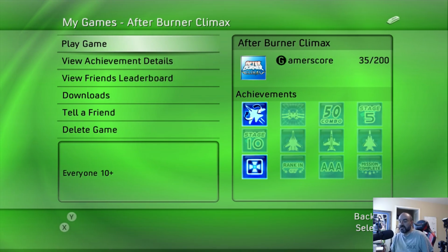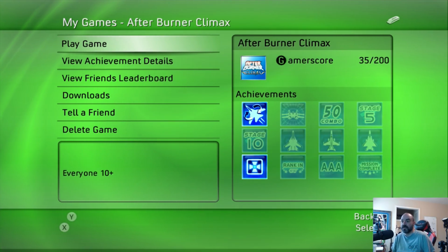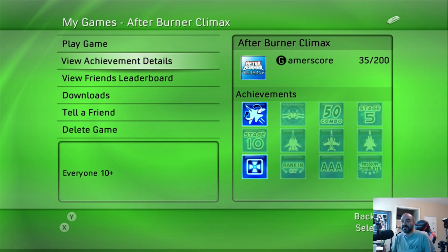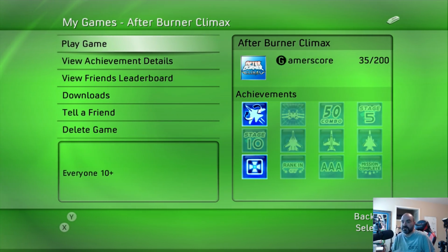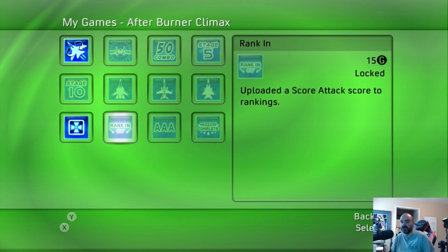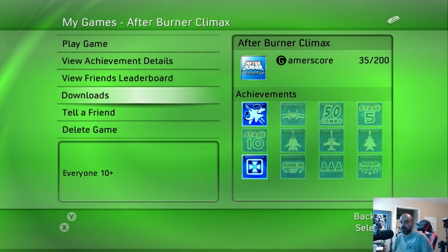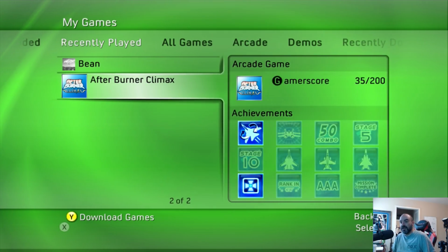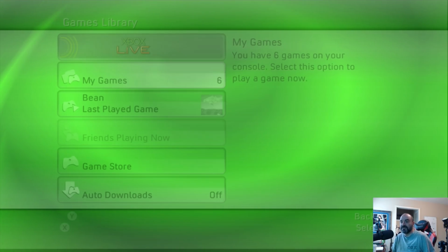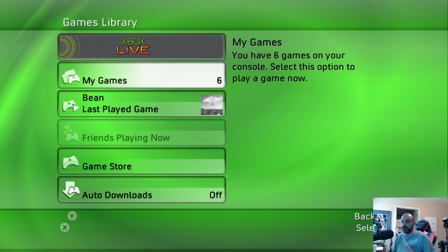You can get your list of achievements there on the right-hand side without having to, you know, click on a couple of different menus to get there. It's basically just showing you the achievements for this particular game. And from here, you can play the game. You can look at the achievements in more details if you want to do that. You can look at the friends leaderboard. You can also do downloads if there's DLC. Tell a friend and delete the game. And this is pretty much the Games tab. And this is where a lot of the time you would spend on the Blades Dash would be in this